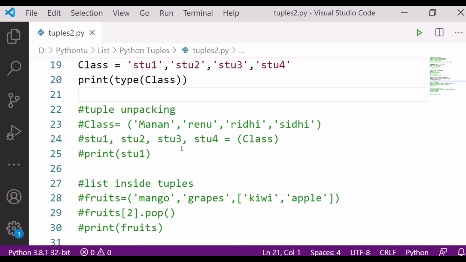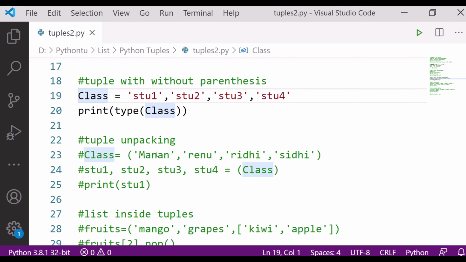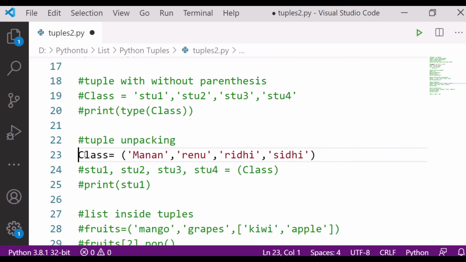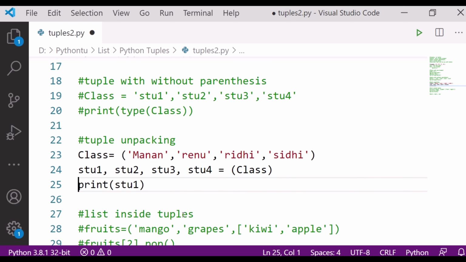Tuple unpacking means you are going to assign the values to other variables. Let's see what unpacking is. Here is my class, with four students: Manan, Renu, Riddhi and Siddhi.